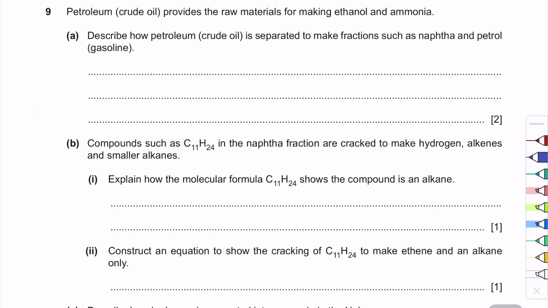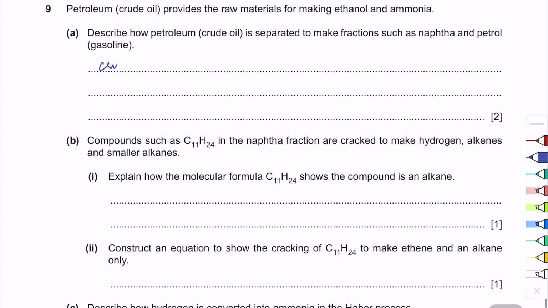Petroleum provides a raw material for making ethanol and ammonia. Describe how petroleum is separated to make fractions such as ethanol. This is similar to what we saw in the very first question, second question about fractional distillation of air. So यहाँ पर भी do we need to liquefy it? No, it is already liquid. So अब हम क्या करेंगे, अब हम इसको हीट करेंगे, boiling point की बेस पर different fractions अलग-अलग हो जाएंगी. So we'll say that crude oil is heated